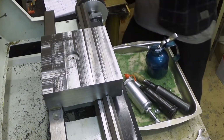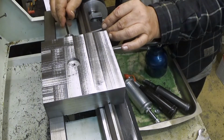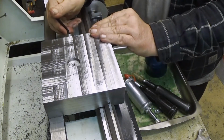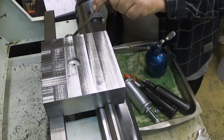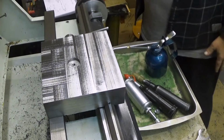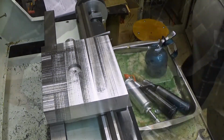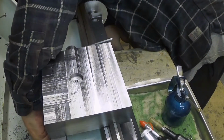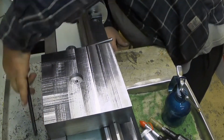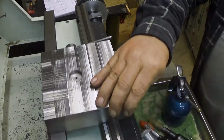Then we have the handle. Okay, it should be in this position when there is this detent. Exactly like that. And now I just tighten it down from under. Now I just tighten it, not totally this time. I will come later on with this one. But now it's there and moves really freely and